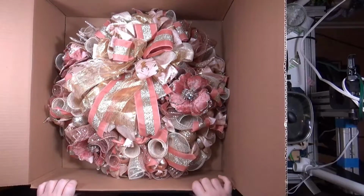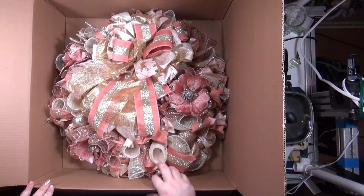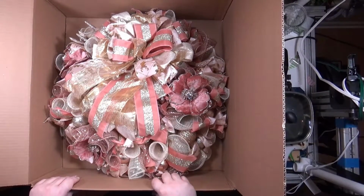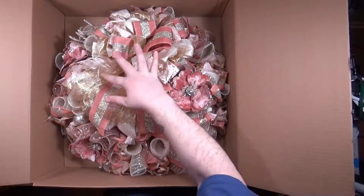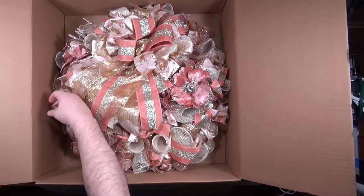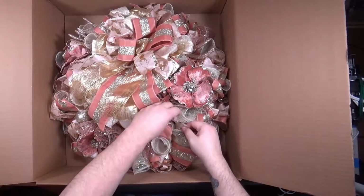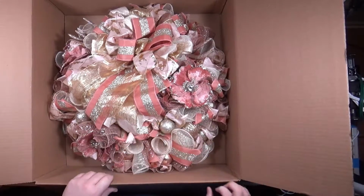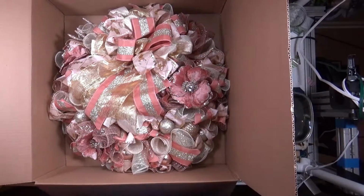This box is a 22 by 22 by 8. I used to ship in a 6-inch box, but as my wreaths got bigger, the boxes had to get bigger. And this one wasn't a 6-inch box, and the wreath bow was completely smashed. So before I fluff any of this out, because I'm going to give it a final fluffing, because it's been in a too small box for a while, I got the pipe cleaners, and I already lost